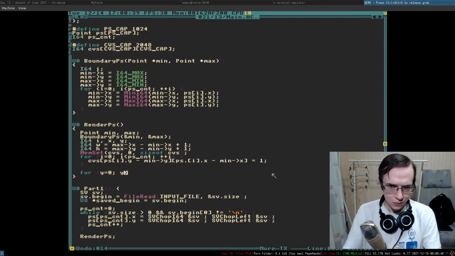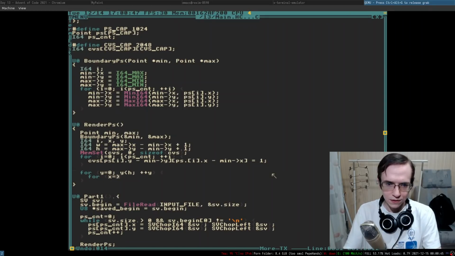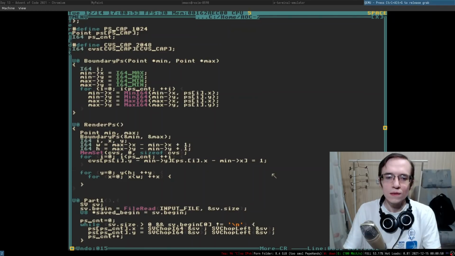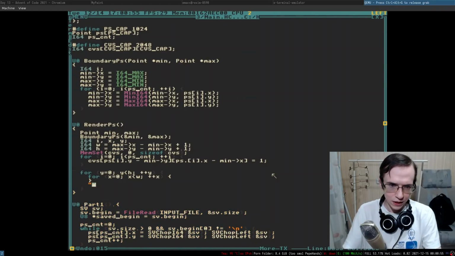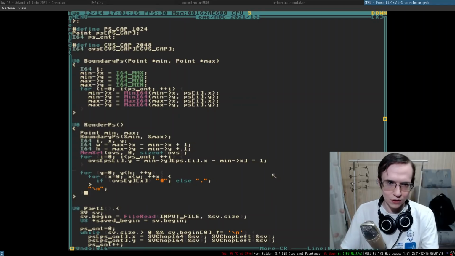y equals 0, y less than height, plus y. And in here we do x equals 0, x less than width, plus x. So then we're gonna have a new line, and after that we're gonna have a character. Though, yeah, let's do it like this. It's gonna be CVS y x, and if it's true, we're gonna print this thing. Otherwise, we're gonna print maybe dot. I think it makes sense to actually print dot in there. And if I try to do that,